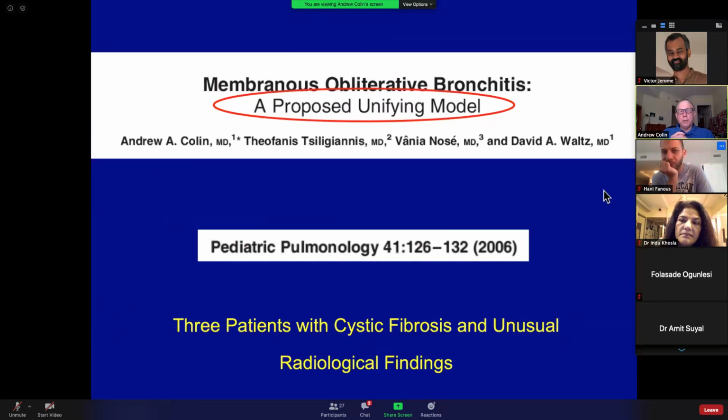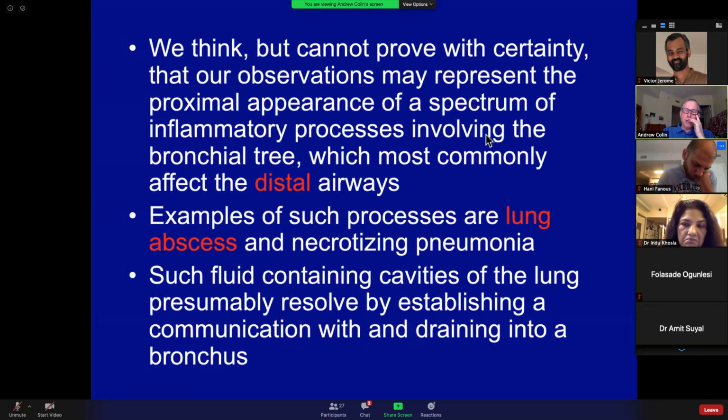We call this paper a proposed unifying model, because what we thought is that behind this finding, there may actually be a wider message, similar to what I tried to give you when I showed you the Pohunek case, which ended up being with a bronchogenic cyst behind it. So we think, but cannot prove. This is cited from our paper. We think, but cannot prove with certainty that our observation may represent the proximate appearance of